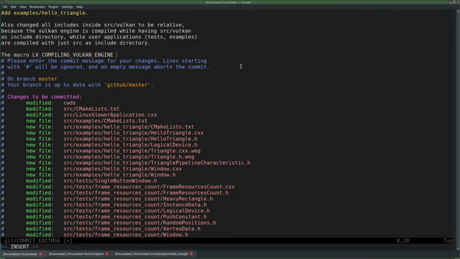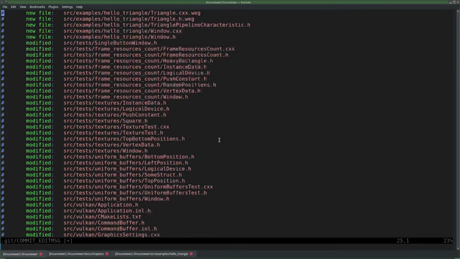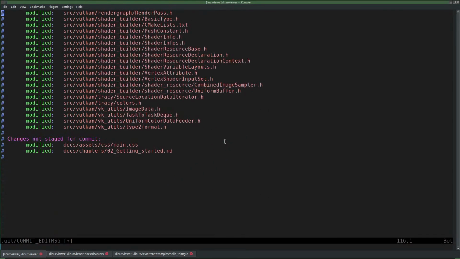Okay, the macro is now defined while compiling the Vulkan engine. No, I can't remember what else I changed. What else significant thing I changed?